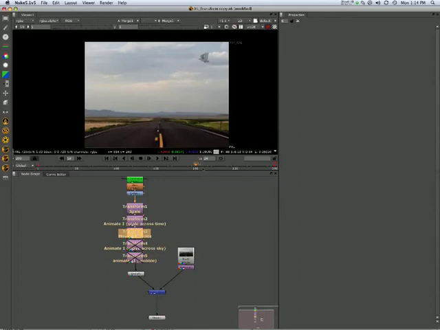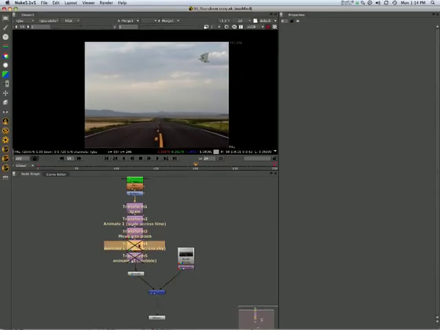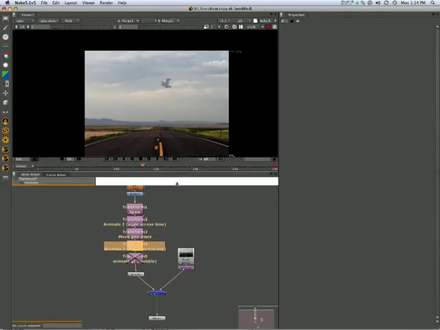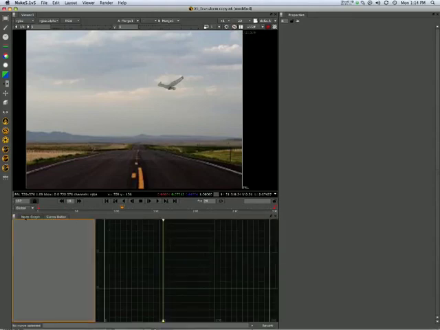Let's see if we can move in a little bit here. I've moved it into place, and this one is the move across the sky, so that's the animation. Let's move this down so you can see it. So that's the animation. And finally, a little bit of a wobble to its flight, which you can see a little bit more clearly